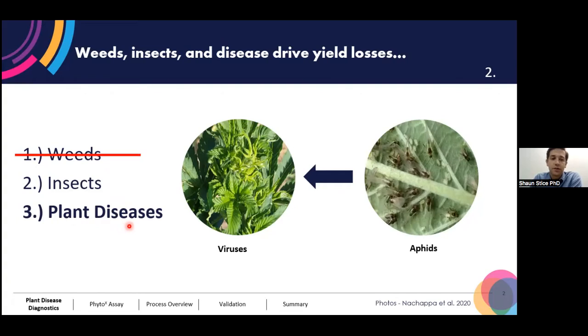And due to the high amount of care that is taken for these plants, weeds are not really an issue for indoor growing operations. However, insects and plant diseases can be a problem. And the major issues that growers may see are viruses and some insects, especially mites and thrips and insects of